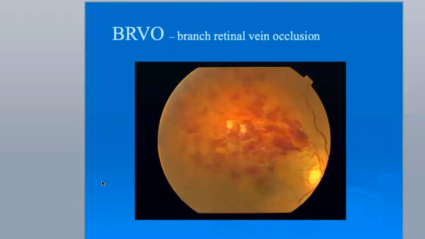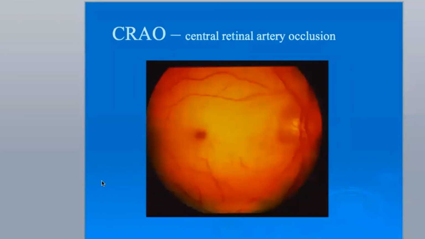Okay. Now, this is central retinal artery occlusion. Okay, why do you diagnose the CRAO? Remember, your vein occlusion has a lot of hemorrhages, but your artery occlusion does not have any hemorrhages. Yeah, it's completely pale, white. But you get a cherry red spot at the center of your retina. Why do you get a cherry red spot? It's because,